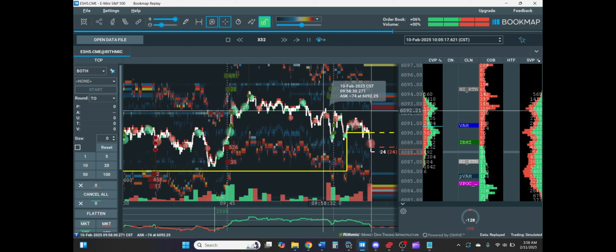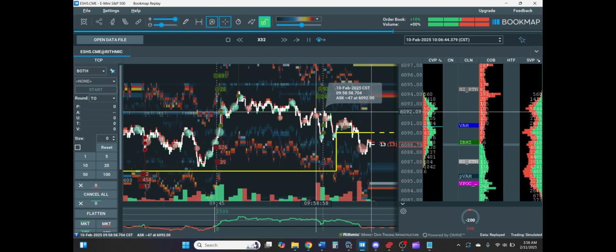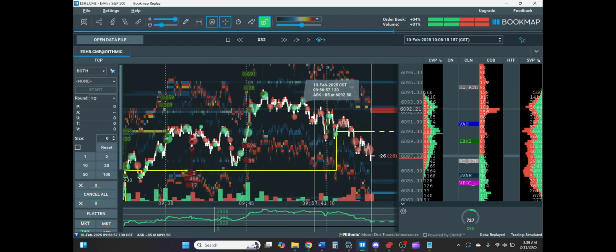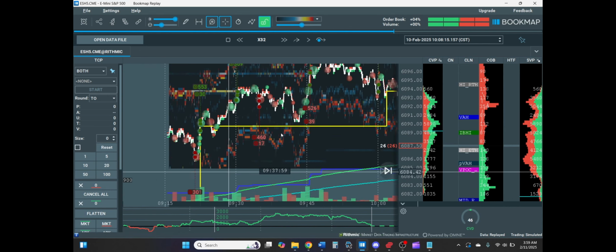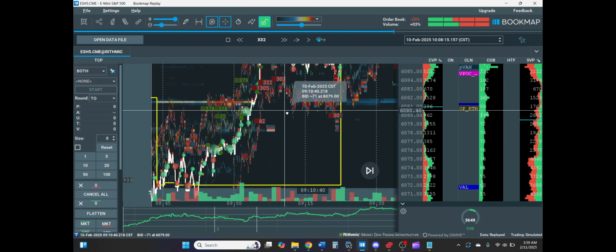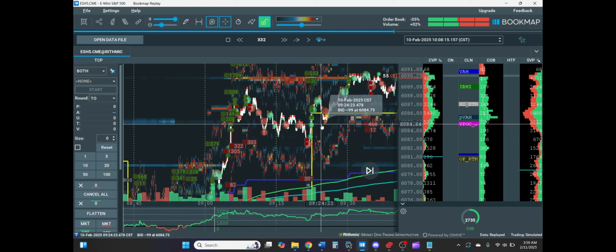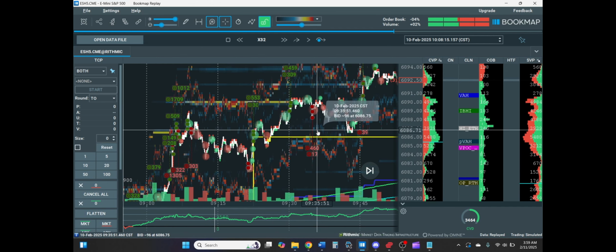So typically there would have been a potential short. Let me pause it. I've been reading Wyckoff theory. They talk about accumulation and distribution areas. So you can have an accumulation area, which is usually at the bottom of a move, like down here. This is actually a re-accumulation. So these are like the big hedge funds, big desk traders that are accumulating their position to push the market higher or lower, but